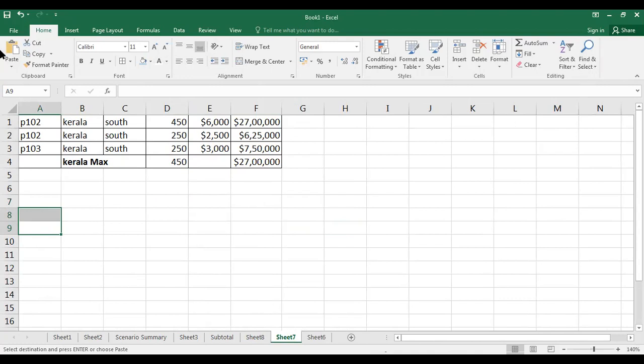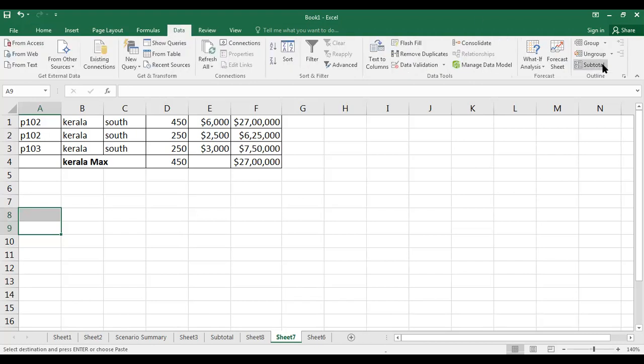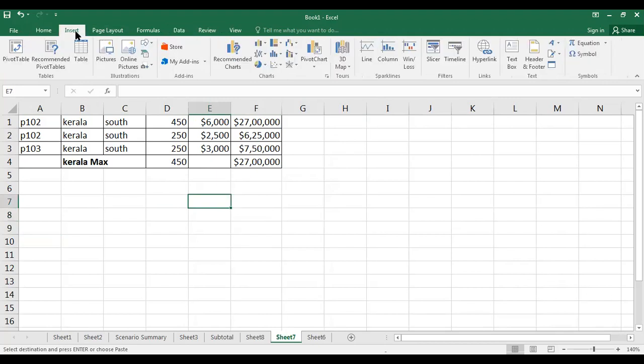So again, in respect to last class, these are simple things we'll see. This is about subtotal, that's all. You can try, and any further information you want, just message me.